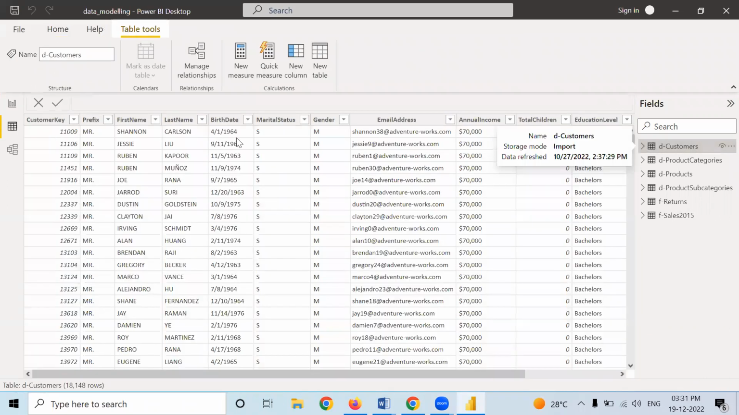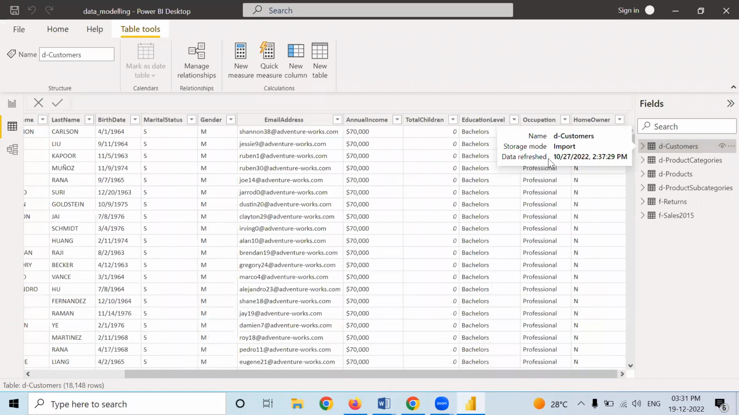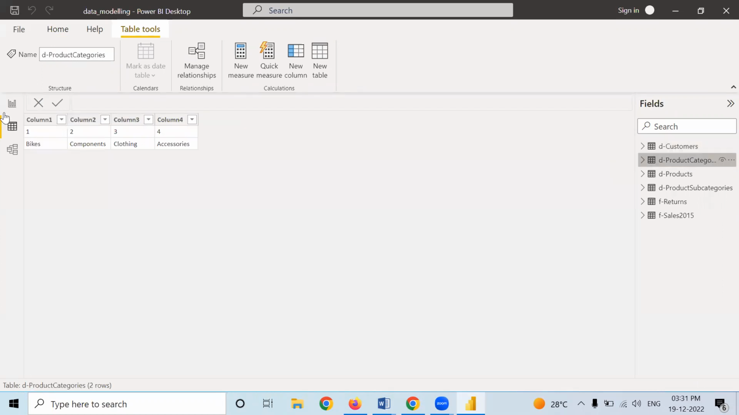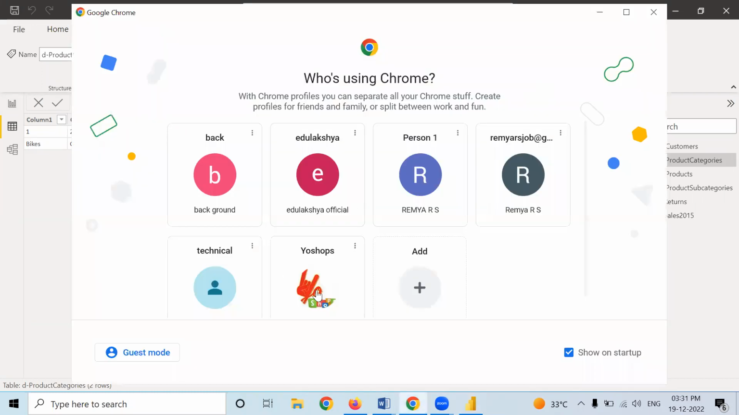What is their name? What is their birth date? Email address, annual income, those kind of things. Okay. And next is regarding product categories. How many categories of products are there? Like bikes, component, clothing, accessories. In Yoshops, actually,